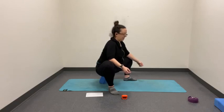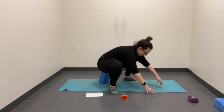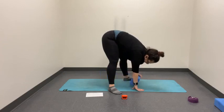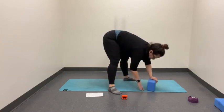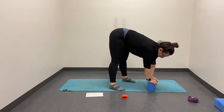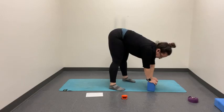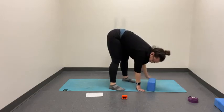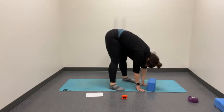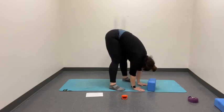And on your next exhale, we're going to lift up off of the block and send our glutes up towards the ceiling. If the floor feels really far away, you can always place your hands on a prop. You can keep your feet nice and wide if you would like, or you can heel toe your feet a little bit closer together. Relax your head down towards the floor. Let your head hang heavy